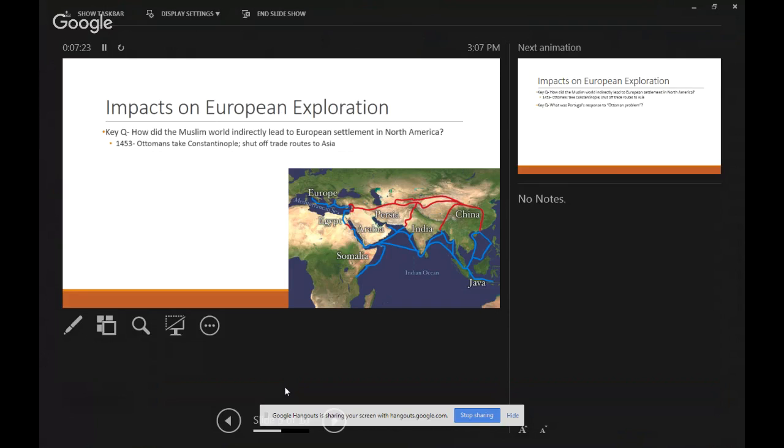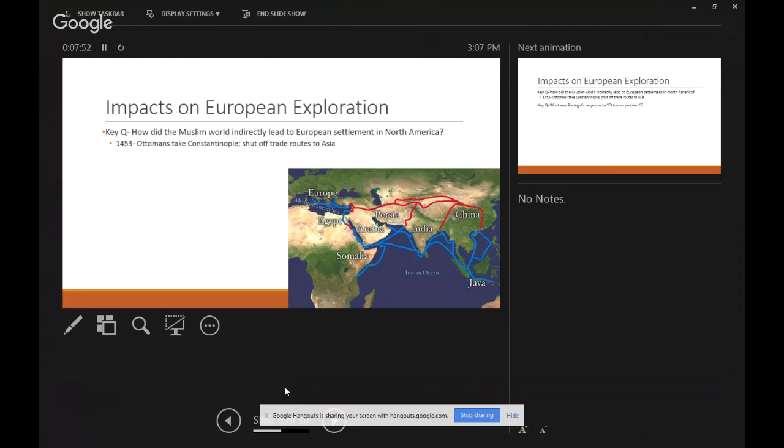Europe has become addicted to the stuff that is coming out of India and China. These are luxury things like spice, silk, tea. I mean, these are things that you can live without. But for Europe, they have become like Wi-Fi to us. We can live without Wi-Fi, but it's much better living if we have it. Okay? So that's kind of the relationship here.